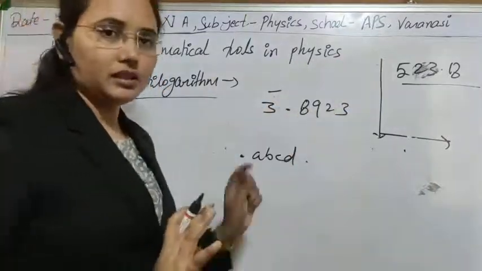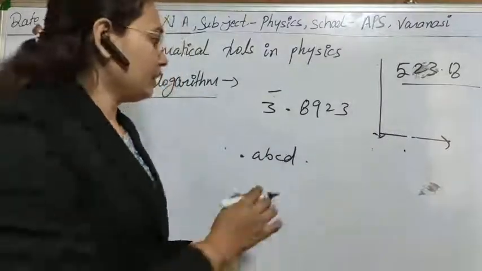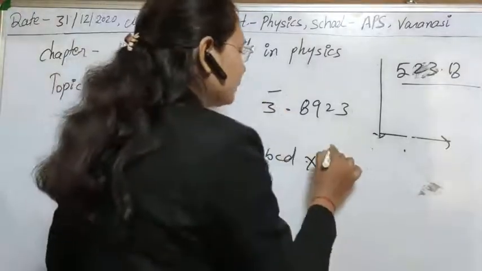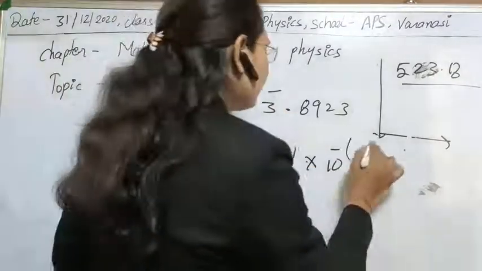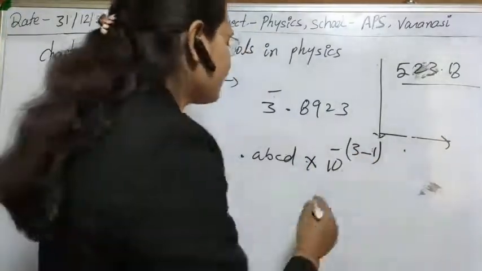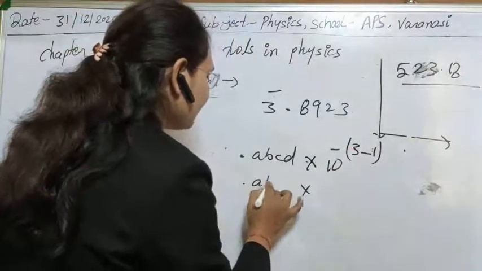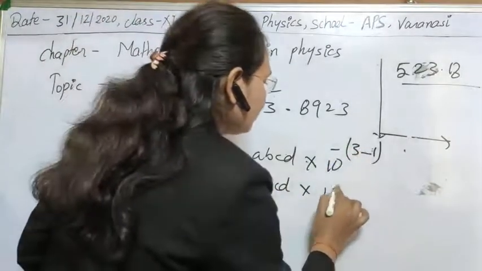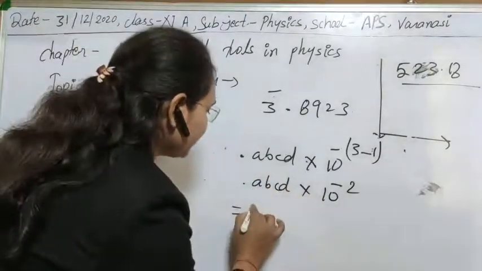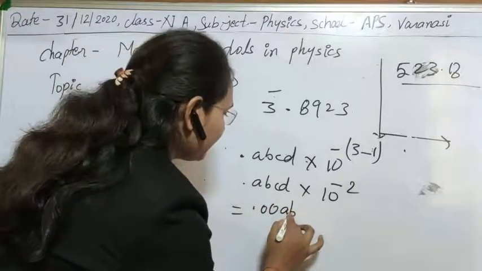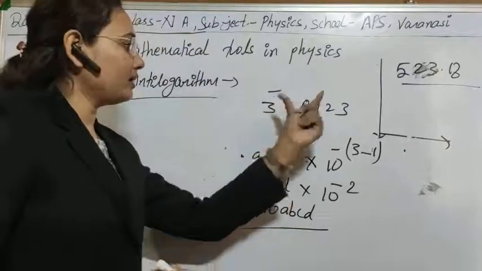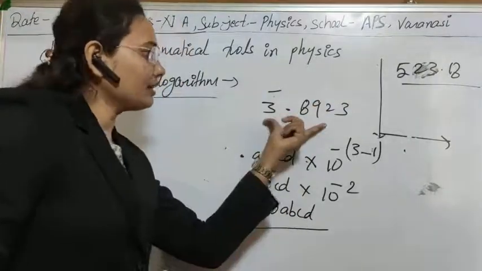And in this quantity, suppose you had something like 3 bar in this same problem. Then, as I just told you, first of all you have to put 10 here. After that, for this bar you have to put a minus here. After that, put this value and subtract 1 from it. After subtraction, you will get something like point A B C D into 10 to the power minus 2. If you multiply 10 to the power minus 2 in this way, you will get 0.00ABCD here. So this is the value of the anti-log, the value of the log that is given.